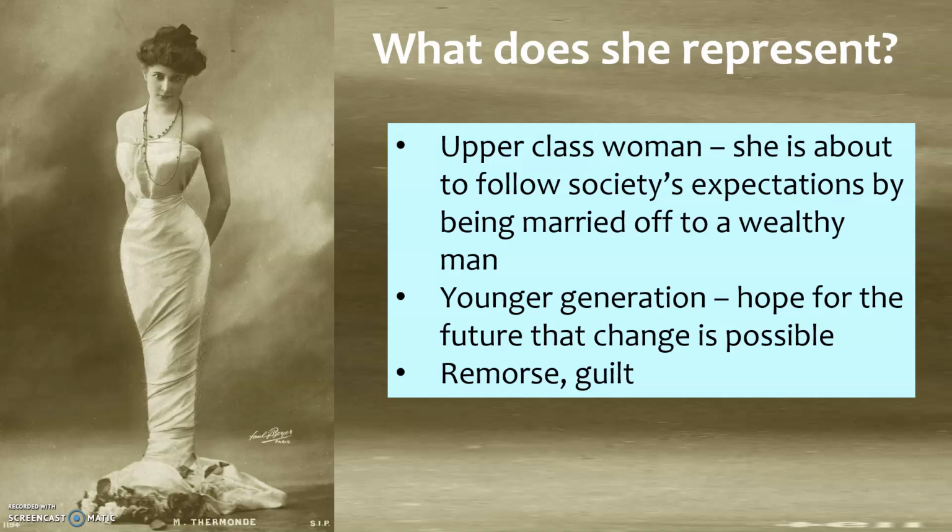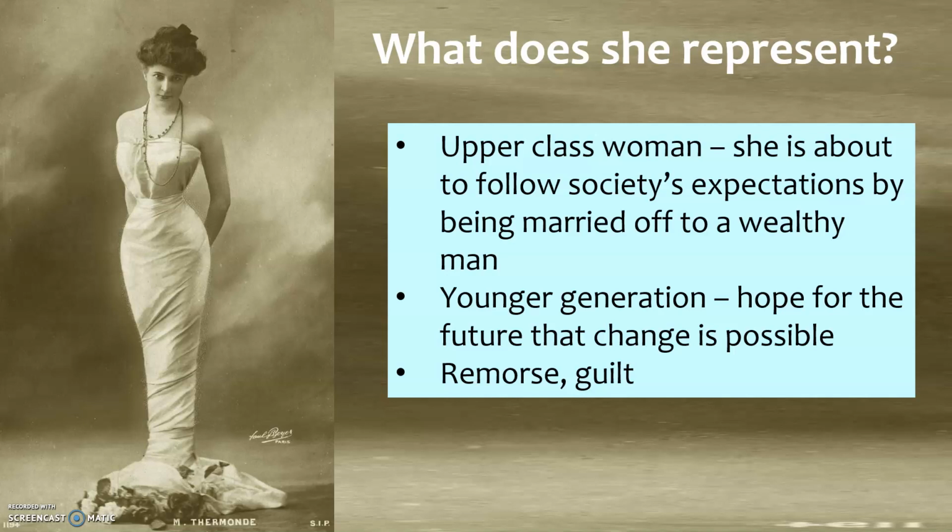She's about to follow society's expectations, as I've put there, by being married off to a wealthy man. So in that sense, she is going through what she's meant to do. She's also, very importantly, a representation of the younger generation. And perhaps Priestley uses them to show that there might be hope for the future, in the sense of Sheila